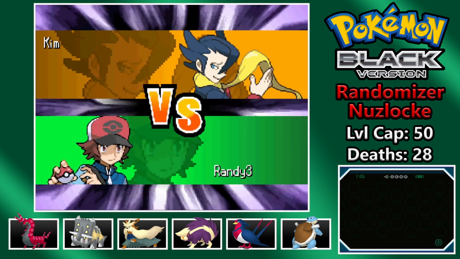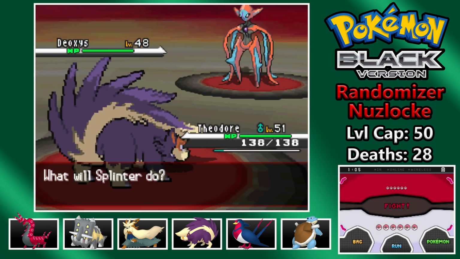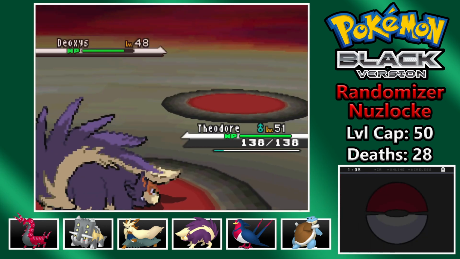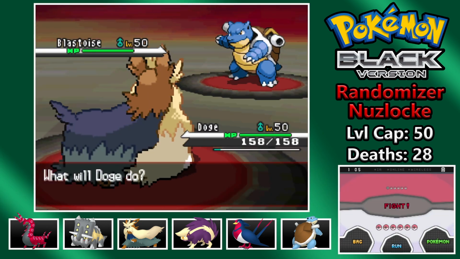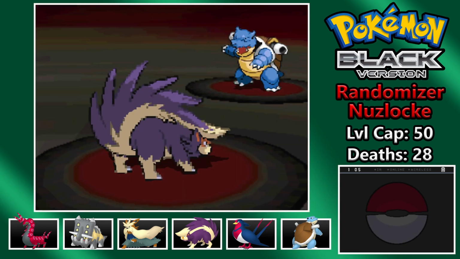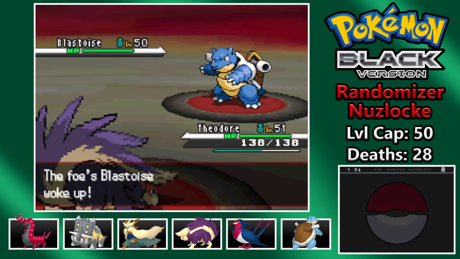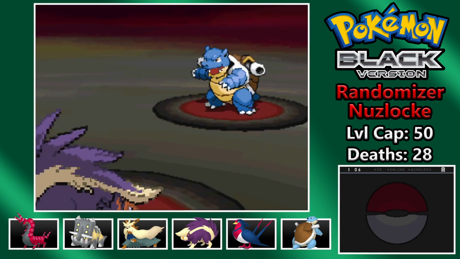Next is Grimsley, who leads with the always scary Deoxys attack form. Scolipede outspeeds and U-turns for the kill, and then I send Doge out to face Blastoise. Spore connects on the turtle, so now it's back to Splinter, who sets up a few dances. When Blastoise wakes up, it uses Aqua Ring, and then I try conserving Bug Buzz PP, but Secret Sword barely